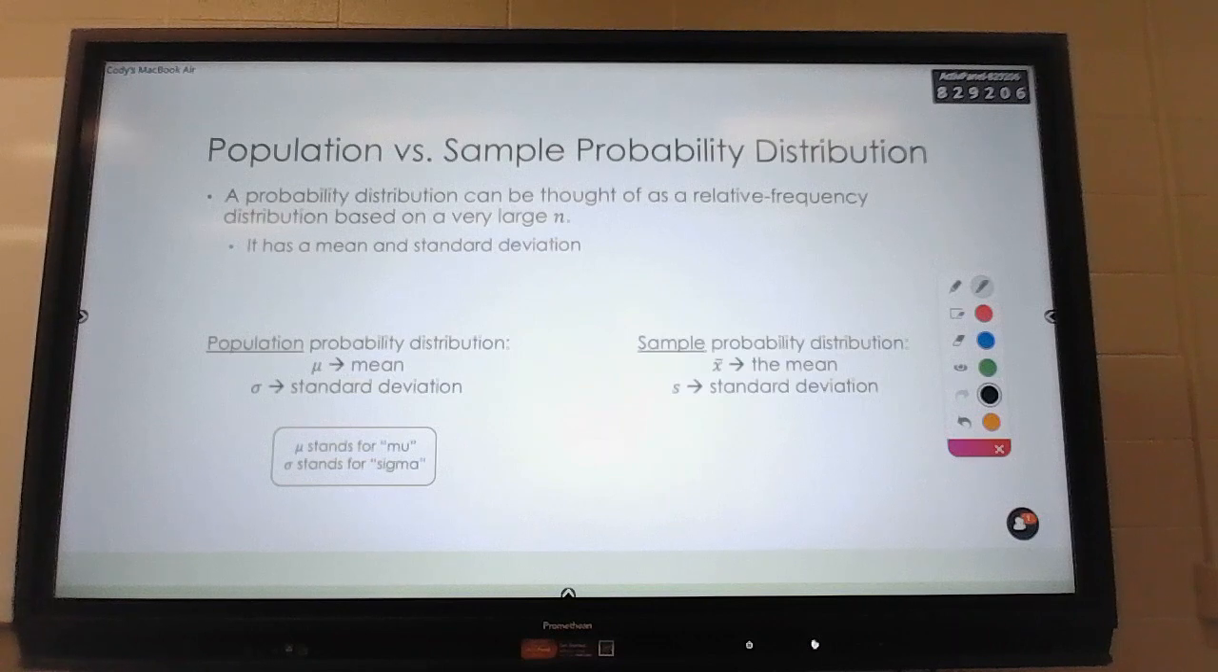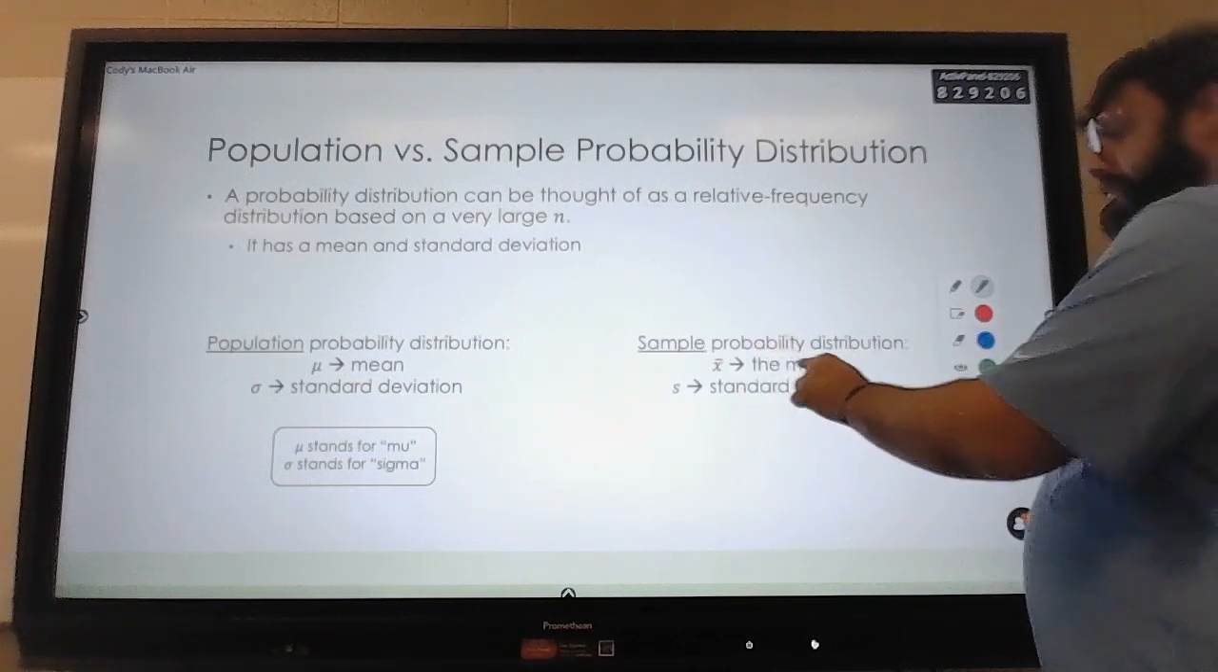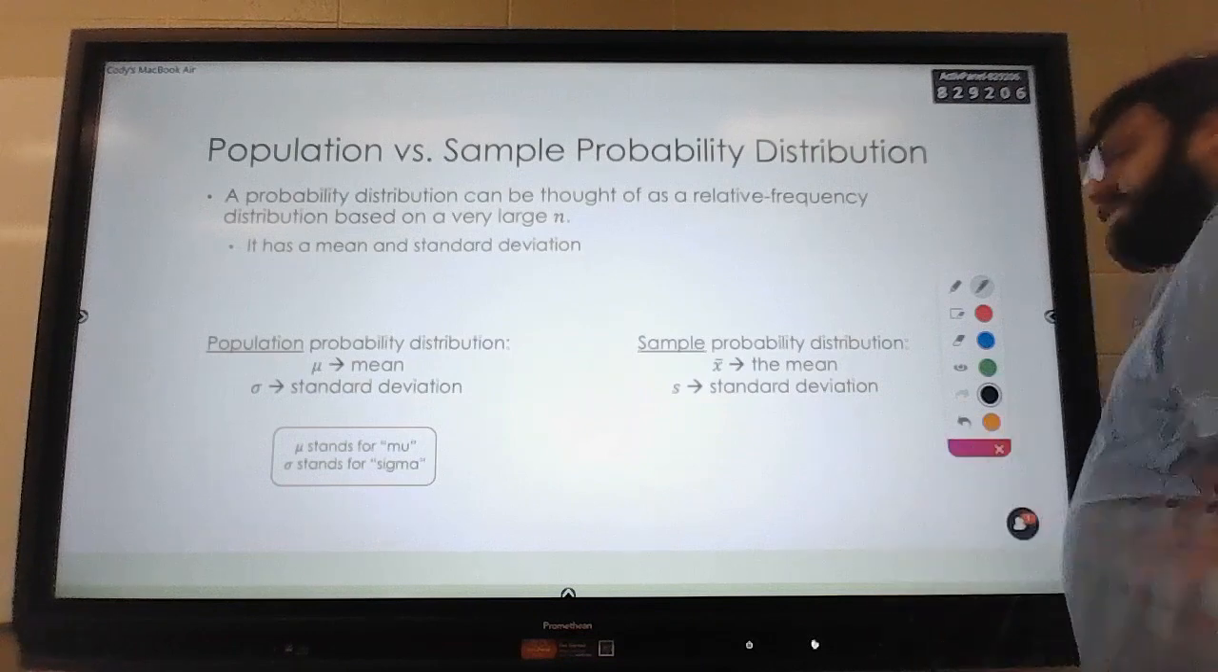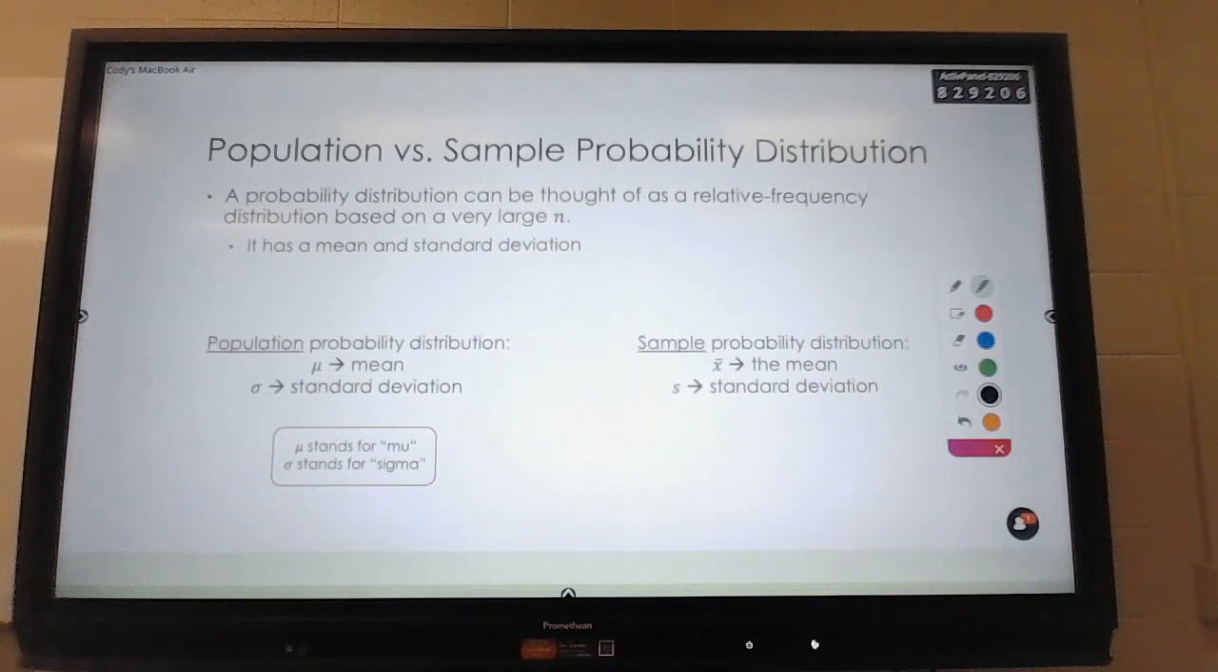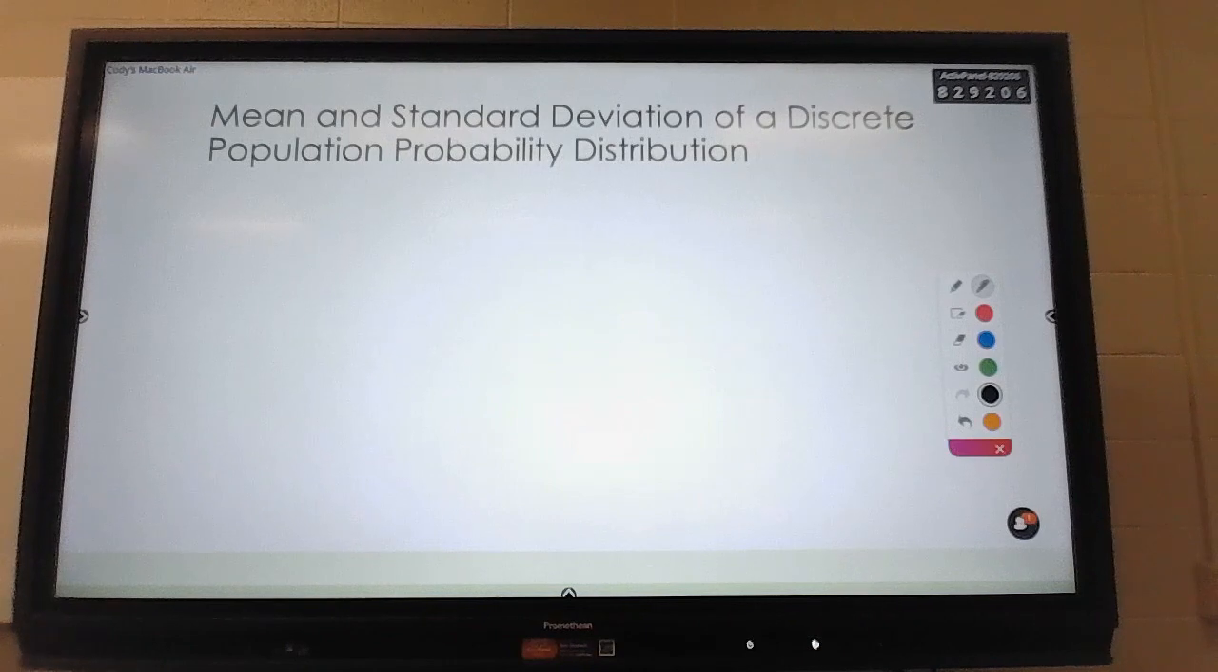And then when we get to a sample, x bar is the mean, and lowercase s is the standard deviation. All right? So we're using the same terminology, but now we're going from values from a raw data sample to values of a probability distribution of discrete random variables. So when we calculate the mean and standard deviation of a discrete population probability distribution,